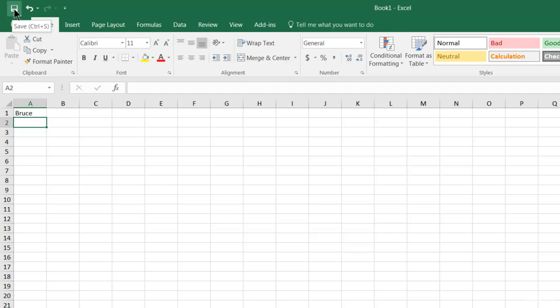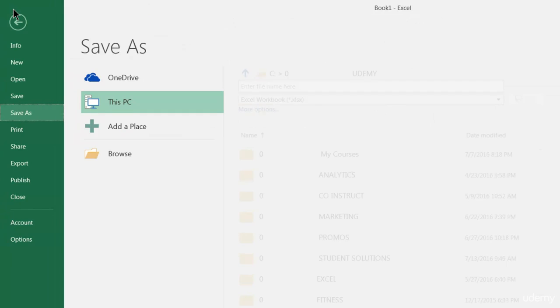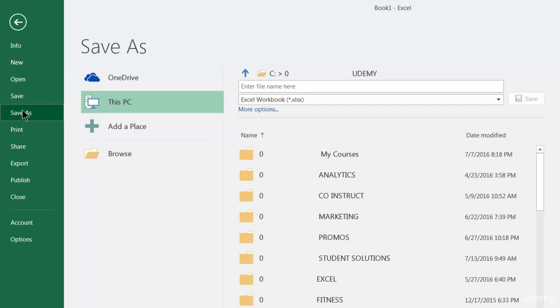Now since we've never saved this file, notice it's called Book 1 up on the top. What happens if we just try and save it? So I'll click on Save, and it takes me to the Save As section instead of Save, because it can't save it. It hasn't got a name yet. So let's just call this First, our first file. And by default it'll go into your My Documents folder. You can click on Save,